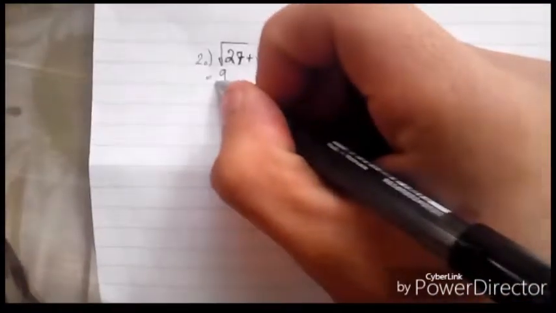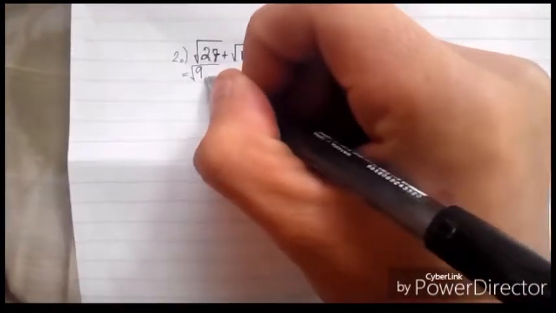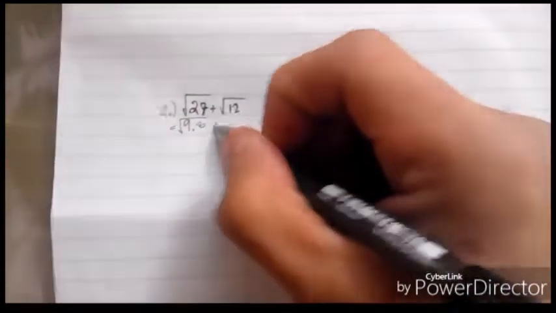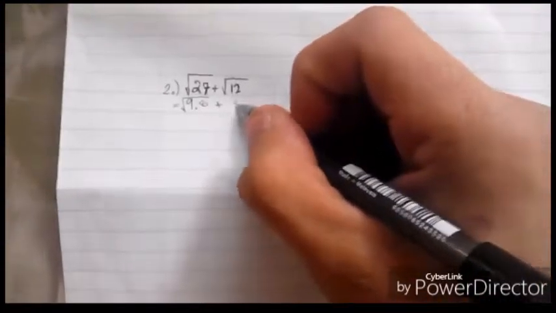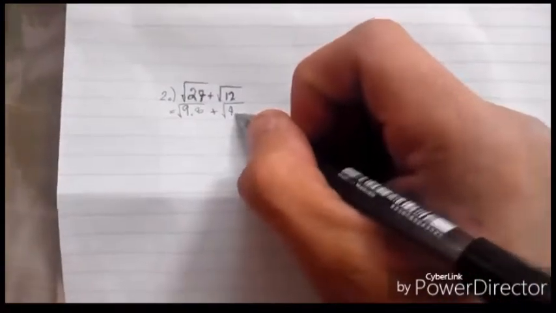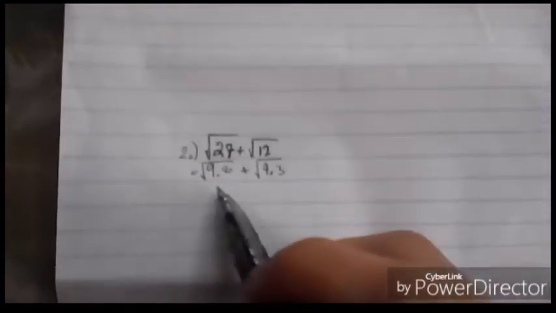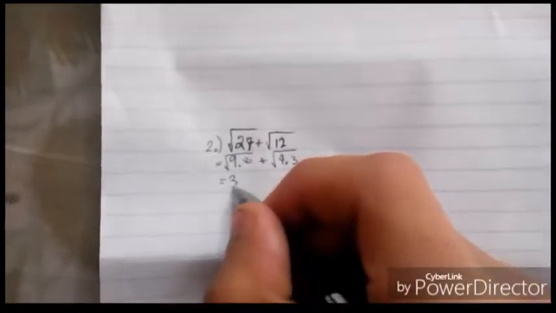27 is equal to 9 times 3, so the square root of 9 times 3, plus the square root of 12, which is 4 times 3, square root of 4 times 3. And the square root of 9 is 3, so we have 3 square root of 3,